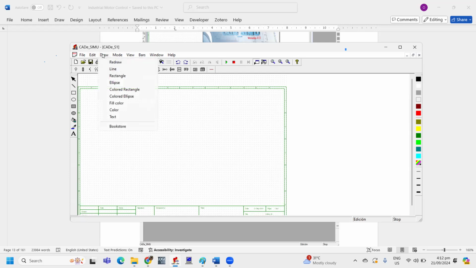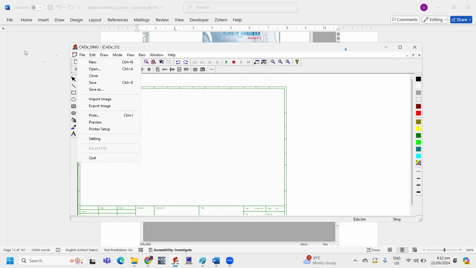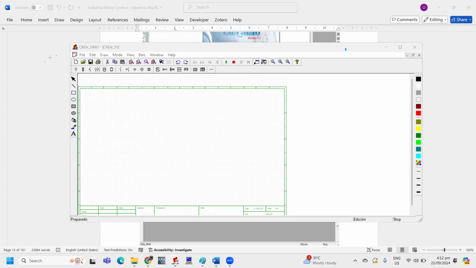This is for the drawing menu. You will see you can also redraw line. You can also create a rectangle, ellipse, colored rectangle, colored ellipse, fill in colors, text. And also the draw menu can also be seen in the right side of your workspace toolbar. This is what we call the draw menu. Next is mode.